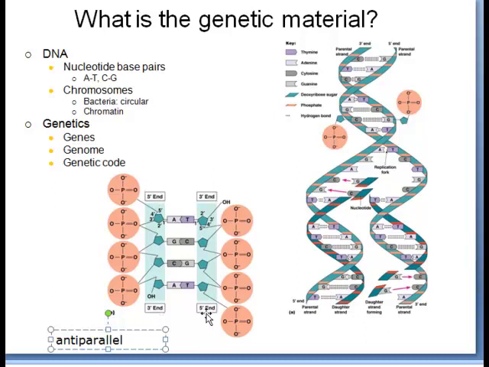On the anti-parallel strand, the 3' is on the top and the 5' is on the bottom. Also notice the orientation of these nitrogenous bases. These are each 5 carbon sugars, and notice the pointed end, which is the 2 carbon, is facing down on the left, and on the right it is pointing to the top. So these are anti-parallel